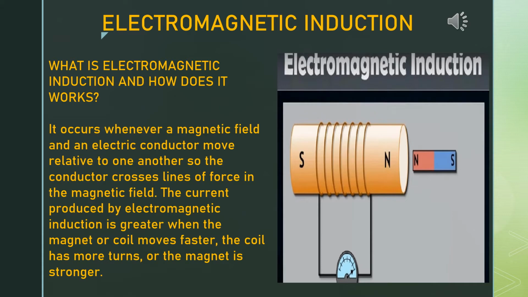Next, the north pole of the magnet was drawn away from the coil. There was deflection again in the galvanometer, but in the opposite direction. But when the magnet was stationary, or if there was no relative motion between the coil and the magnet, there was no deflection in the galvanometer. The deflection of a galvanometer means current is flowing through it. So Faraday concluded that whenever there was relative motion of the coil and the magnet, electric current is produced in the coil. This electric current is called induced current.